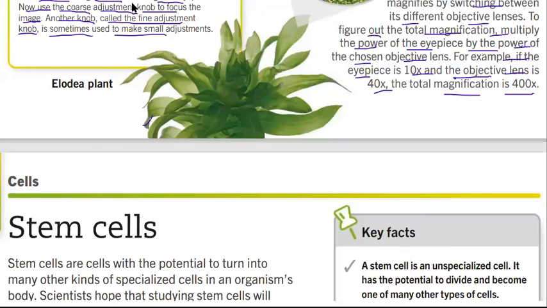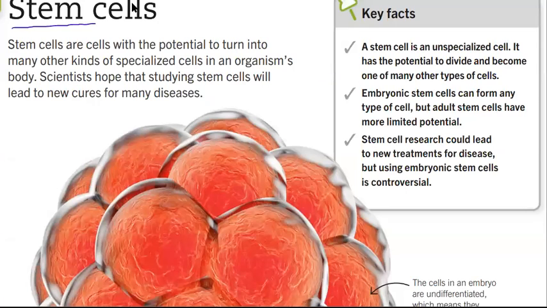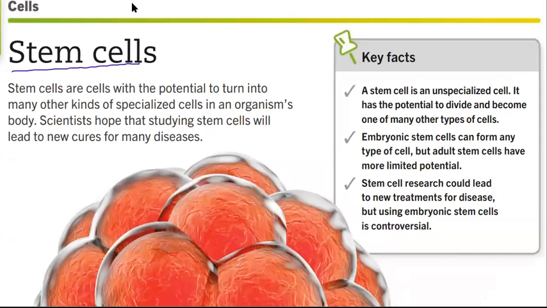Elodea plant image, observed here. Now we'll see stem cells. The next thing is called stem cells. Stem cells are cells with the potential to turn into many other kinds of specialized cells in an organism's body. Scientists hope that studying stem cells will lead to new cures for many diseases. That's why we are using these cells